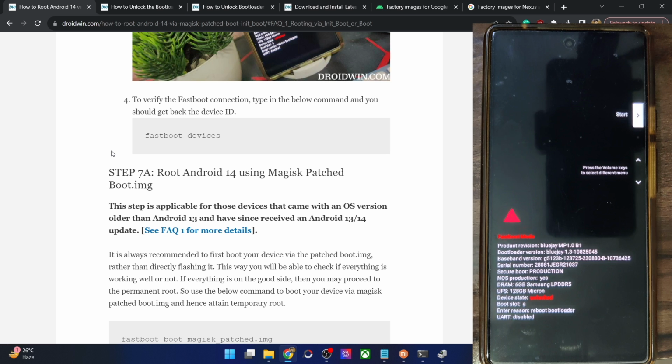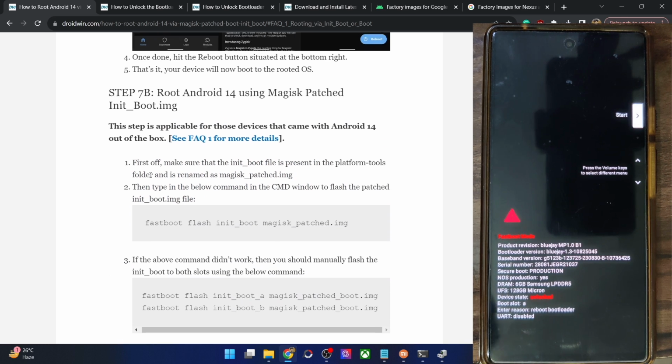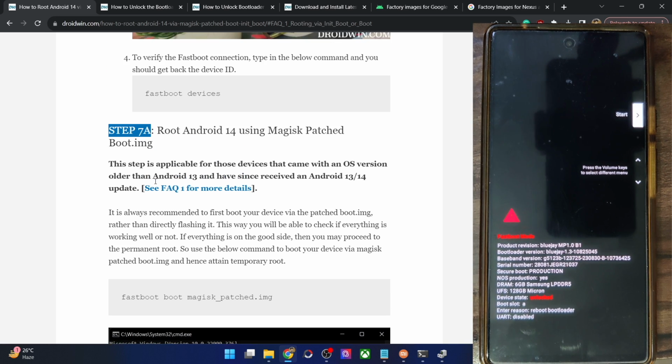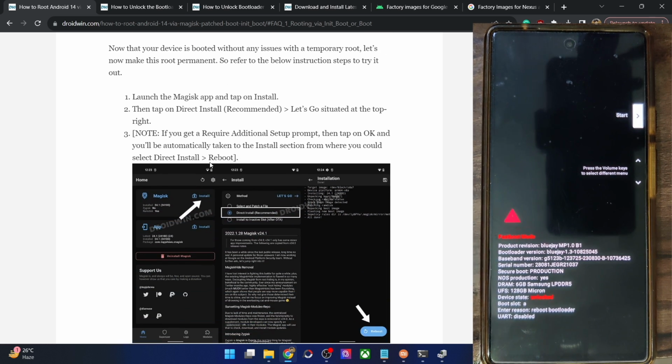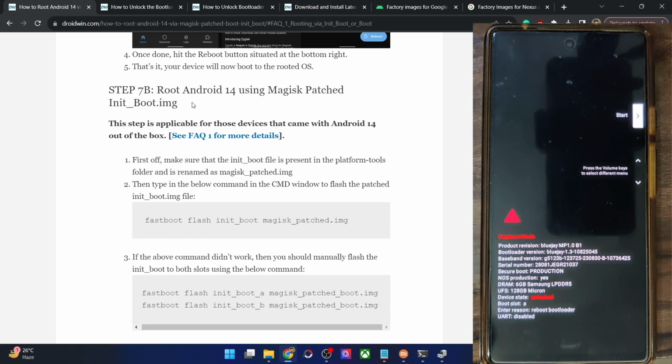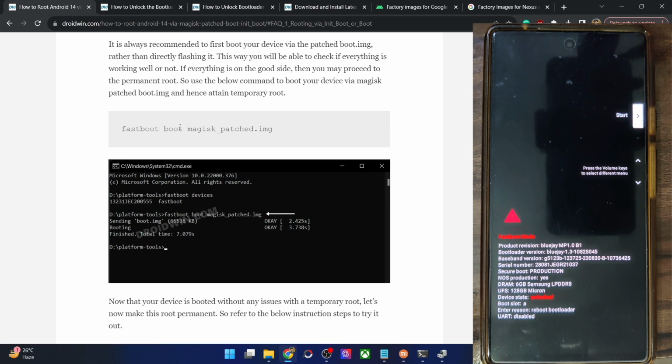If your phone came with Android 13 or 14, such as the Pixel 8 series or the OnePlus 11 series, you should skip this step and instead go to step 7B. Step 7A is only for those phones which came with Android 12 or older versions and are using the boot IMG file. If you are using the init boot file, then you will have to skip this step and go to step 7B, which is the next step. So let's begin with step 7A.